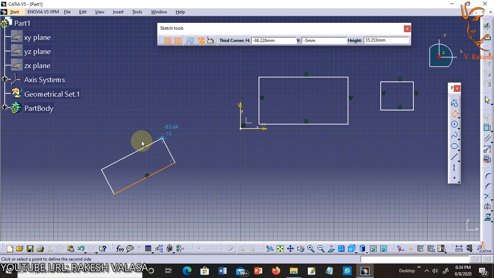Move the cursor away from the first point, that is the third point, in any direction, that is upper direction or lower direction, to specify the end point of the first side. You will notice that a line is attached to the cursor.